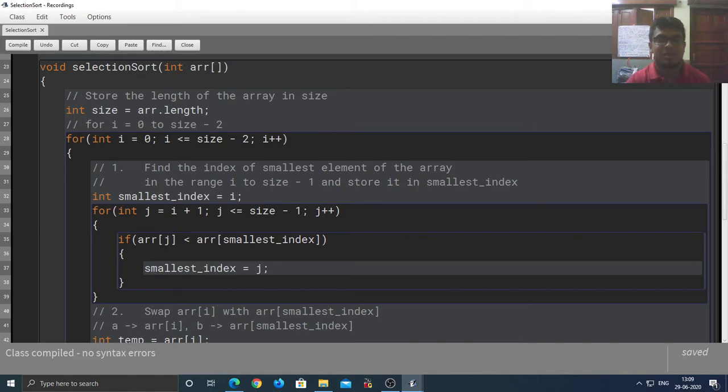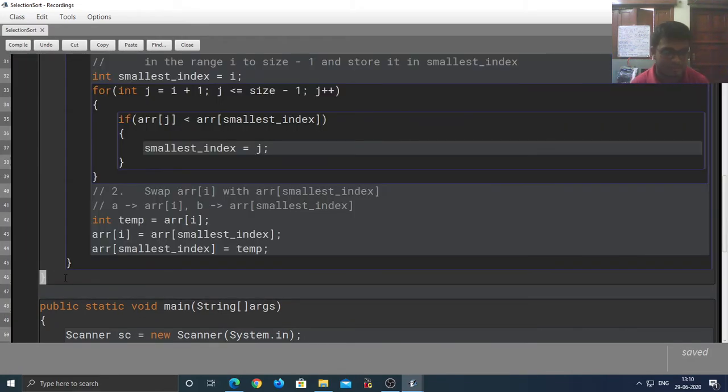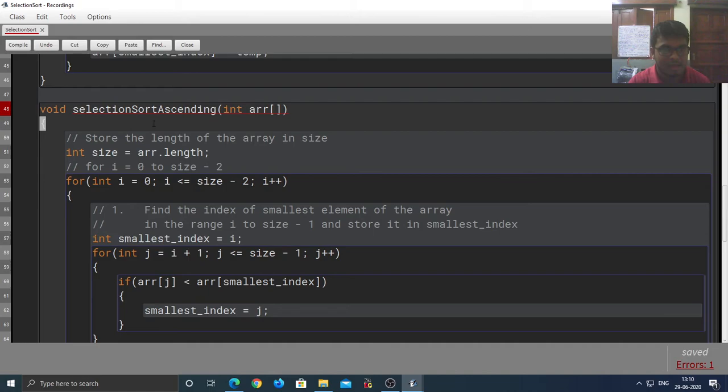Pause this video for a moment and think. All right. I'm going to write a new selection sort function now. Let's call this selection sort ascending. Let's copy this. Paste. And let's call this selection sort descending. So the change we must make is to find the largest element of the array